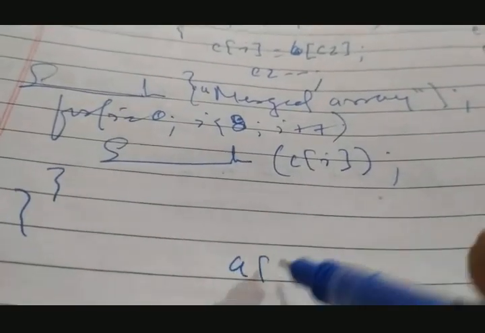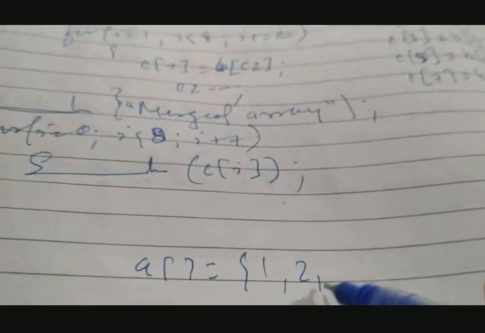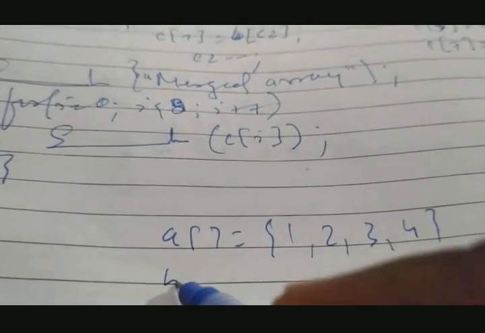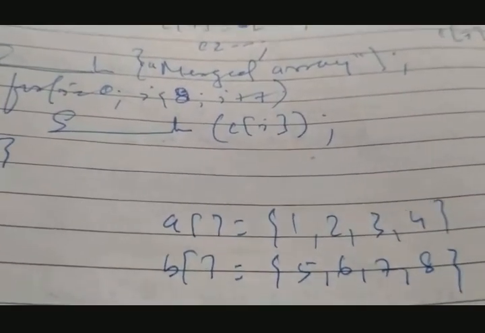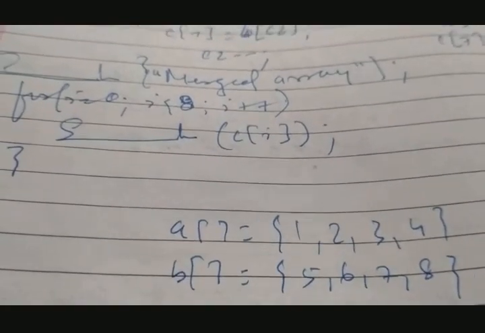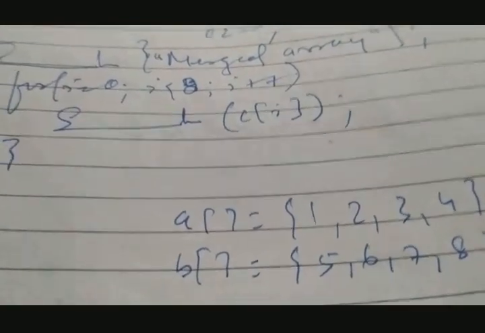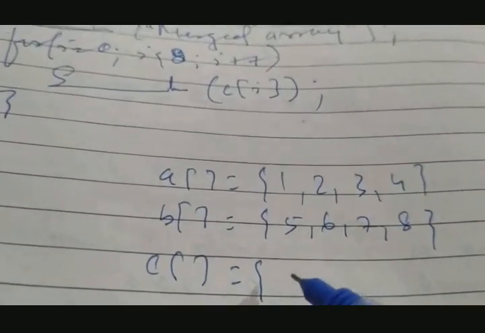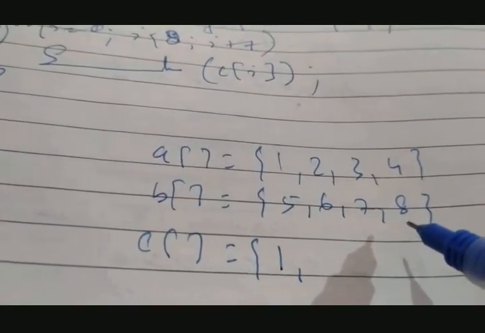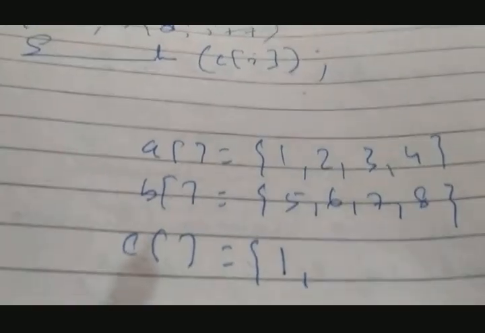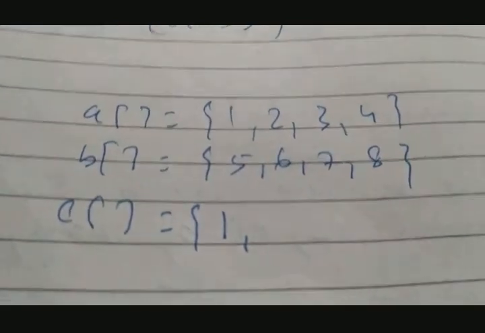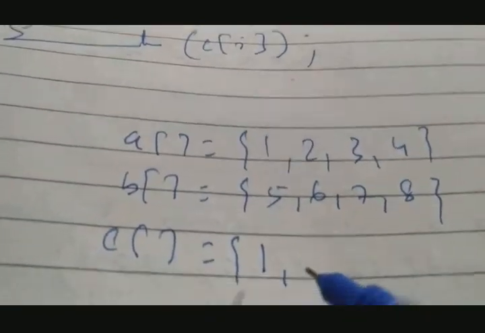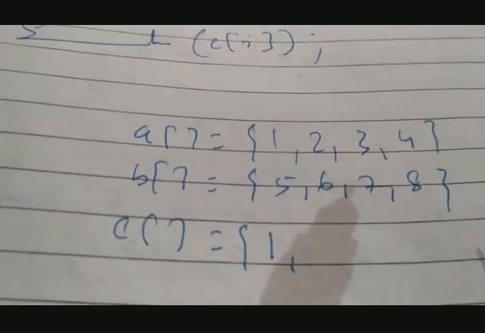Suppose the A array is 1 2 3 4, and B array is also there, 5 6 7 8, ठीक है। तो C array बना लीजिए। C array कैसे बनेगा? C array में आप इस तरीके से बनाएंगे, 1 का स्क्वायर 1 हो गया, 8 का क्यूब, मैंने तो आंसर ही बता दिया। चलो कल फिर अपने सॉल्व कर, जो भी हो कर लेना फिर, ठीक है, ओके, थैंक यू।